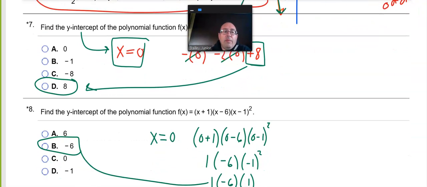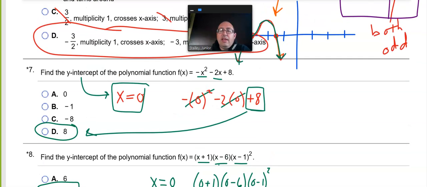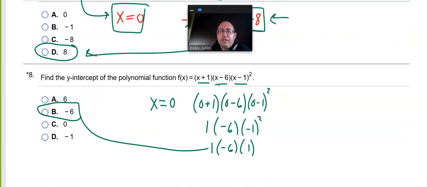Well, what about the next one? Question 8. It's in factored form. Does that make a difference? Absolutely not. You're still plugging in 0 for x. See now, most kids look at this example on number 7 and they see it's the last number and they're like, oh yeah, that's great, that's easy, right? And so for some reason, when they get here,